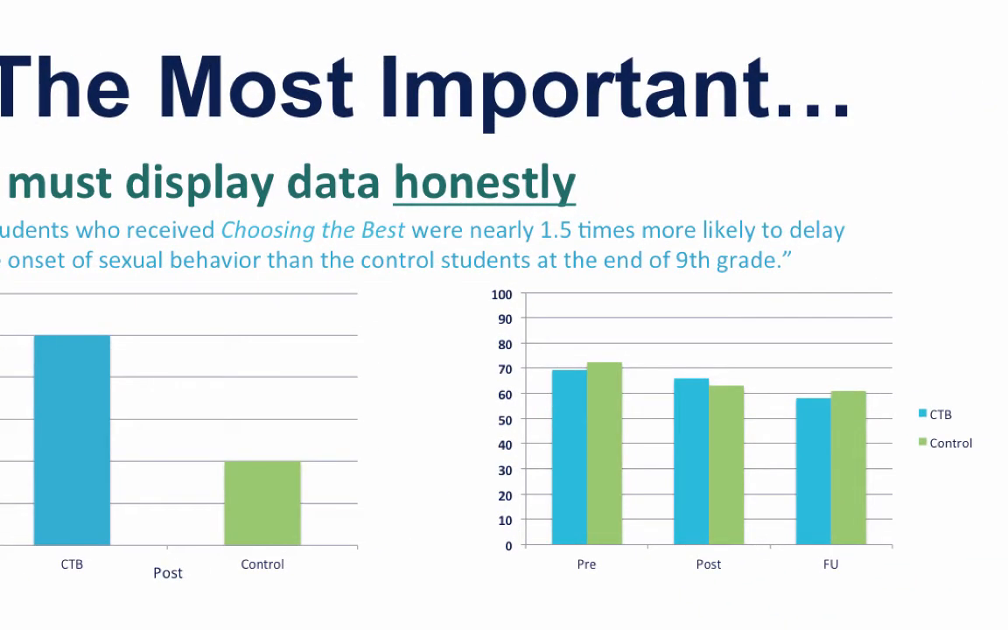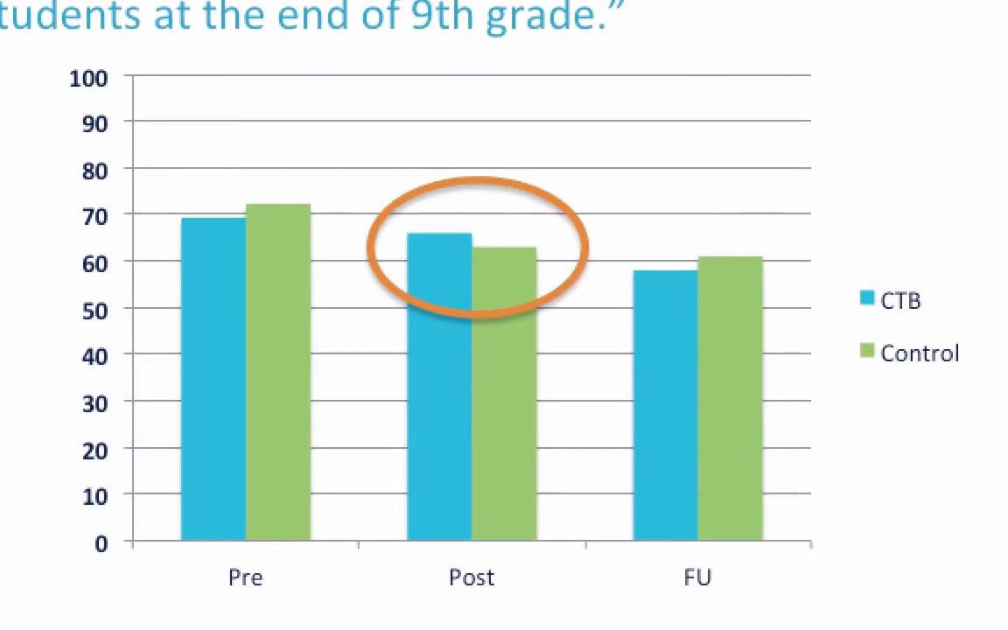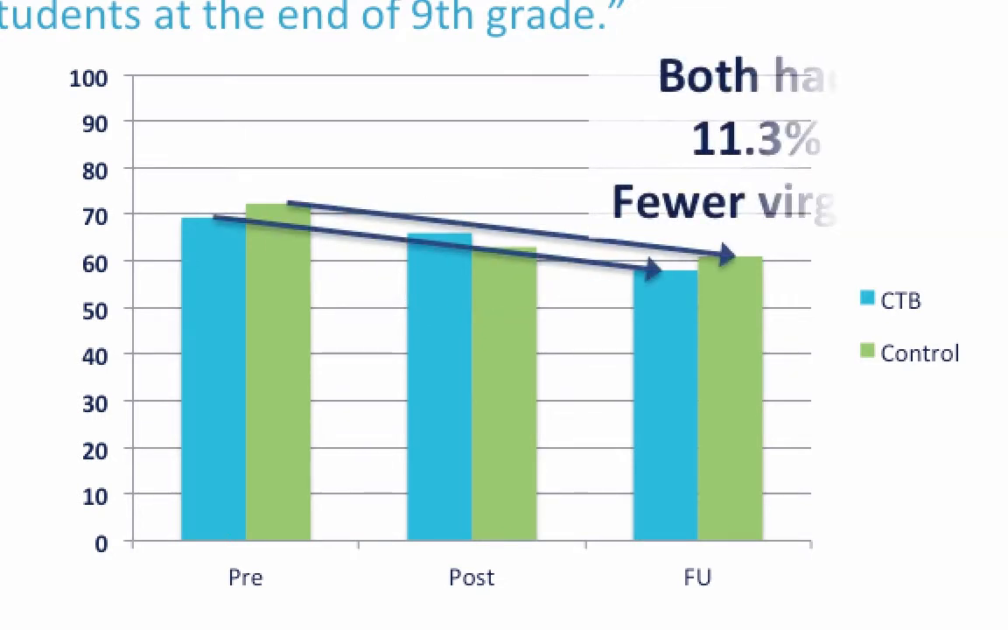Now the y-axis is anchored at 0, and it includes the full range of the data. And this is the difference from the previous graph. That difference of 63% versus 66% does not look quite so impressive when you put it into context. And furthermore, when you compare the blue bars and the green bars from the beginning of the program to the 3-month follow-up, you see that 3 months later, both groups dropped exactly the same 11.3 percentage points. Which is to say that